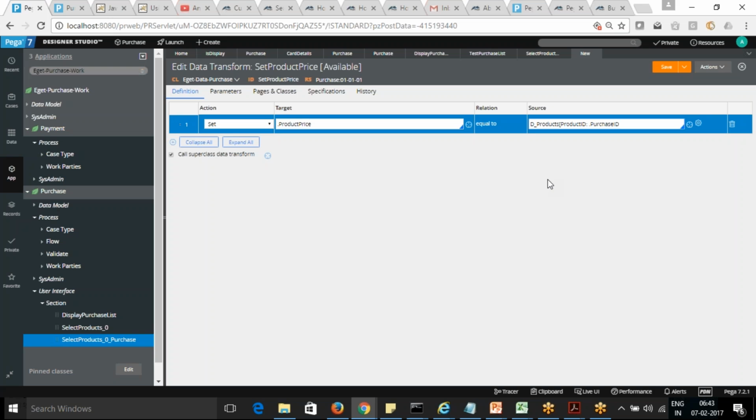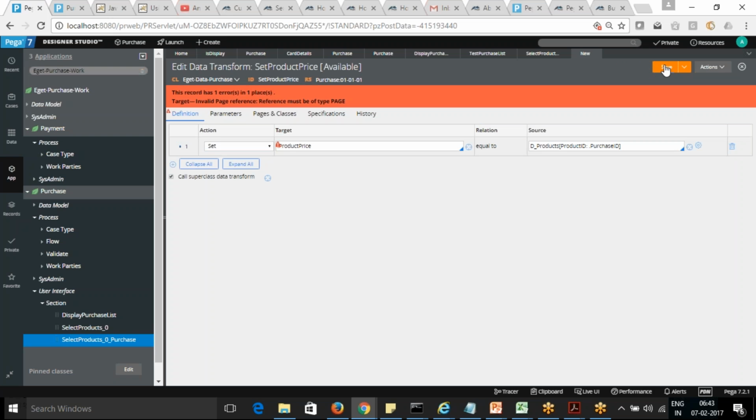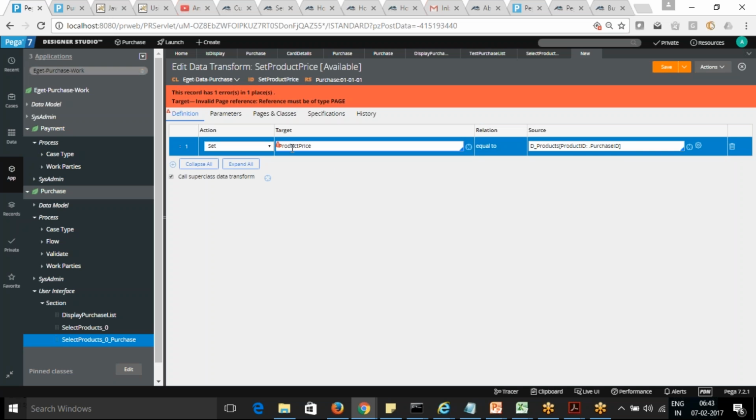It will pick up the values from this one, from the property of that. Then you need to write the product price here.